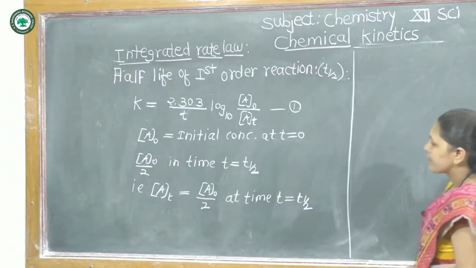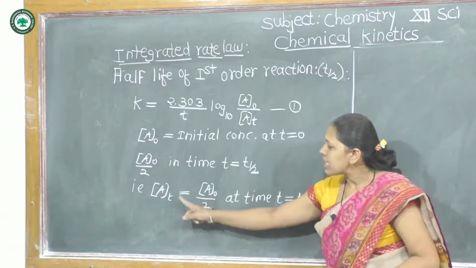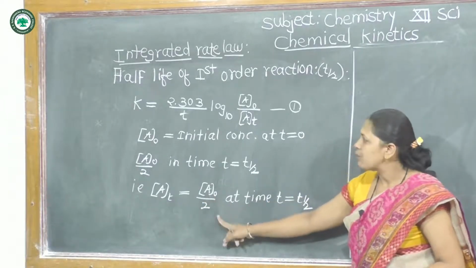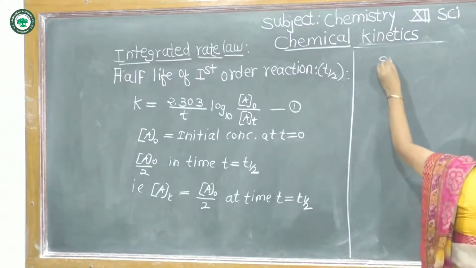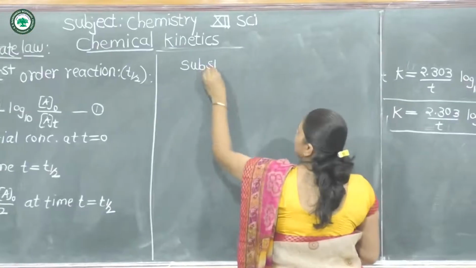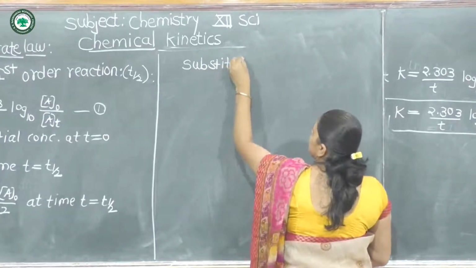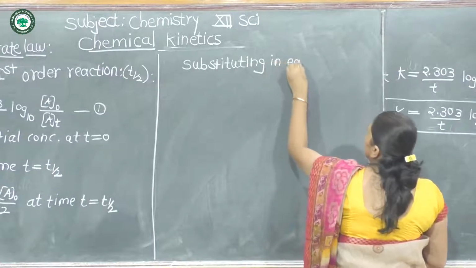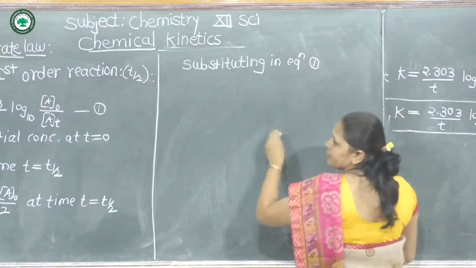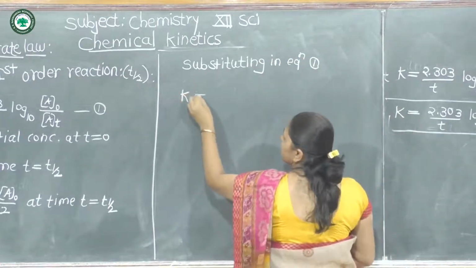Substituting this value At is equal to A0 by 2 in equation number 1, we get k is equal to